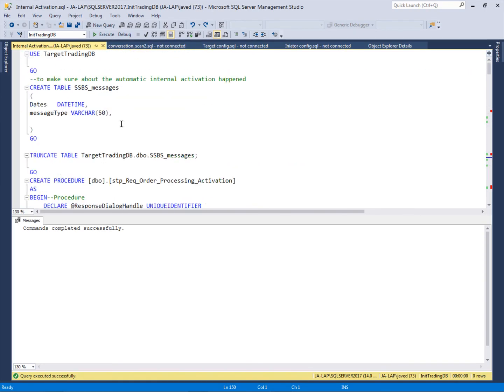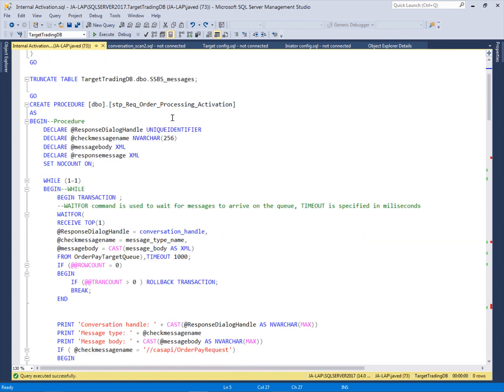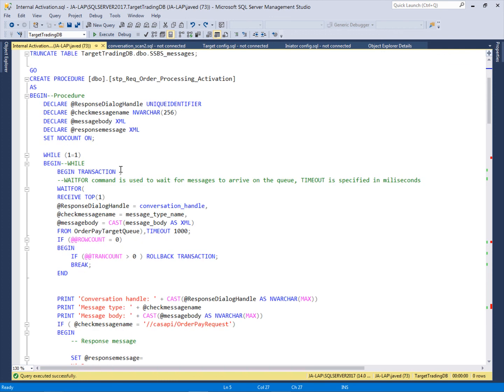This temporary table I will create on my target trading database. This is the temporary table name, which will store all the activities which the queues automatically do using this stored procedure. So I've created this temporary table. Now I will use it in the procedure which is created on the target database with the target queue.